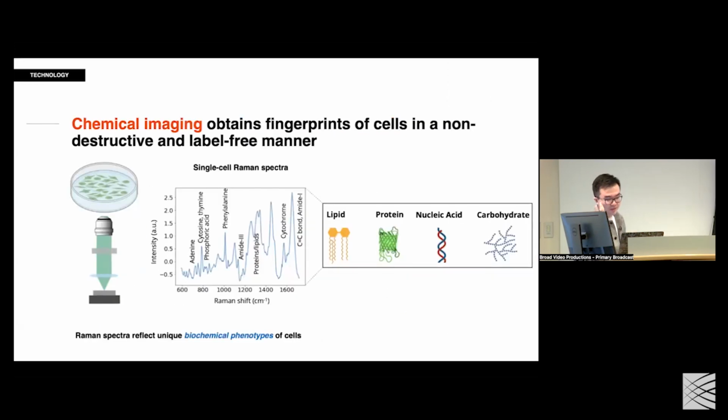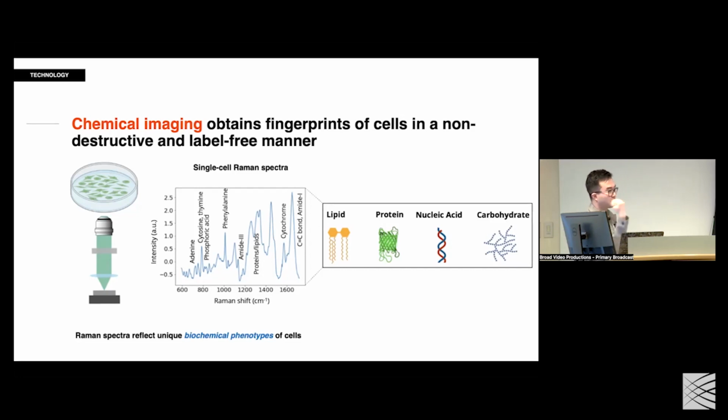But what is Raman microscopy? What is chemical imaging? At least this is not an imaging method that we would usually see in a single-cell sequencing talk. A chemical imaging method is a new category of imaging methods, and Raman is just one type of chemical imaging method. What Raman does is measure the chemical vibration inside a cell. Each molecule has a different vibrational frequency. You shoot a laser at the sample, the different molecules are vibrating, and the light will be scattered in a different way.